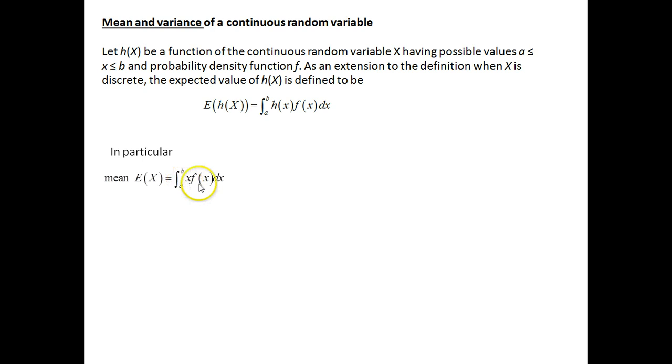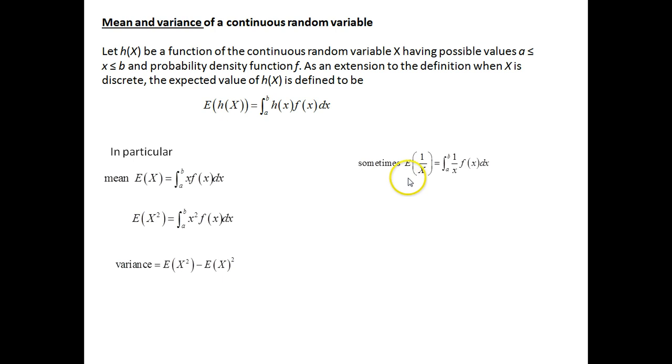So I need to multiply x with my f of x and integrate between those two values. And then for the variance, I would need to work out E of x squared. So that would mean I multiply x squared with my function and integrate. Then the variance would be E of x squared minus E of x all squared. So this is for functions. Sometimes you're asked for the expected value of 1 over x, so you multiply the 1 over x by the probability density function and integrate between